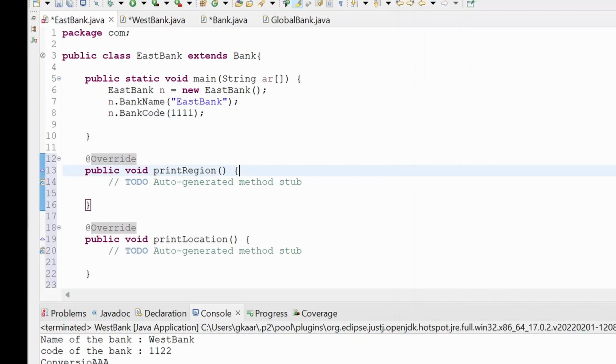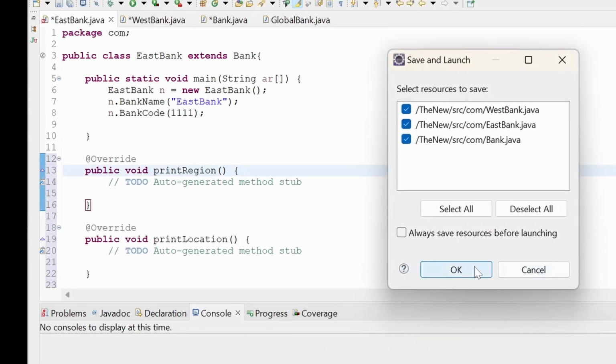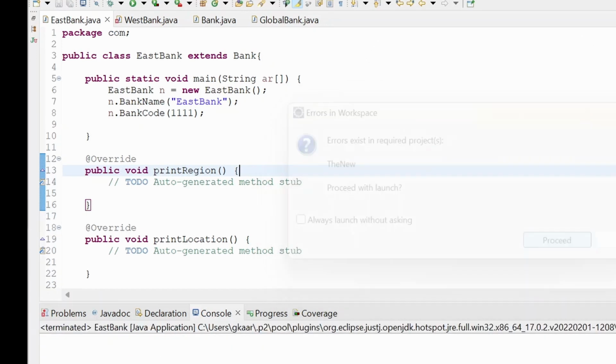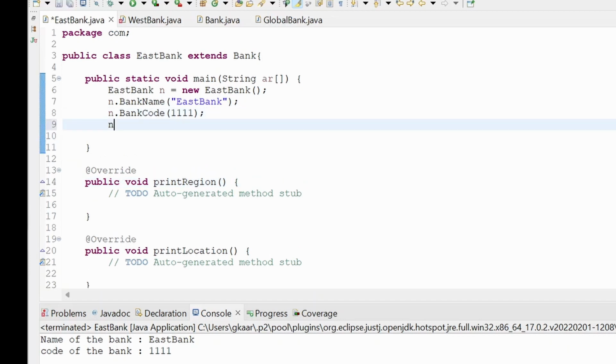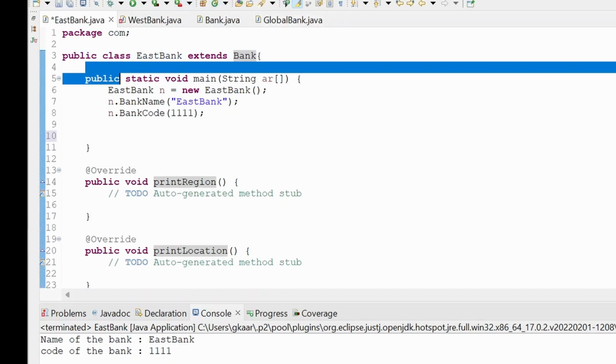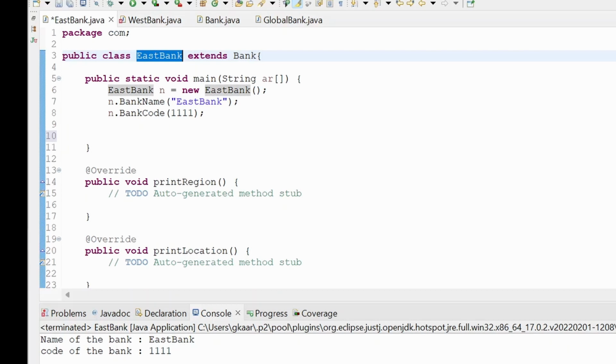I just wanted to check whether I can still add static methods to my interface, and will that work? And here we go, it works. Will we be able to call that interface? So to call an interface, since this is the child, and this child,